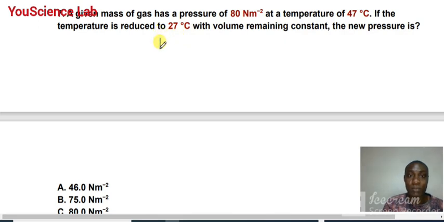So we have P1 divided by T1 is equal to P2 over T2. So what we're going to do here, instead of doing all the cross multiply, I'll just take this up this way, leaving P2 here. So that means P2 is going to be equal to